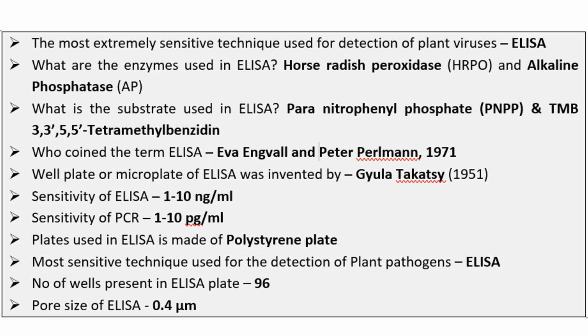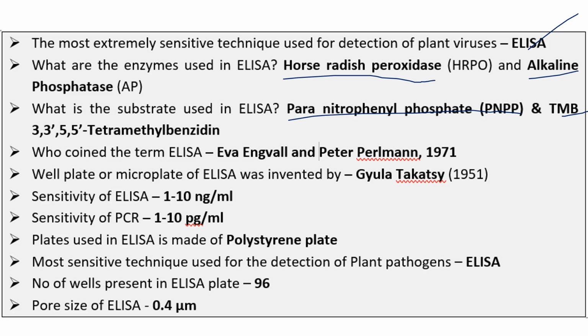If you see here, this is a complete outline about the ELISA. The most extremely sensitive technique used for the detection of plant viruses is ELISA. What is the enzyme used in ELISA? Horseradish peroxidase and alkaline phosphatase. What is the substrate used in ELISA? Para-nitrophenyl phosphate and